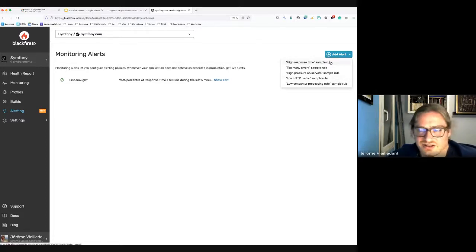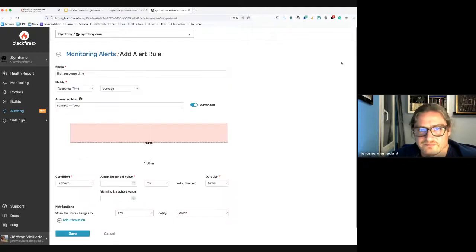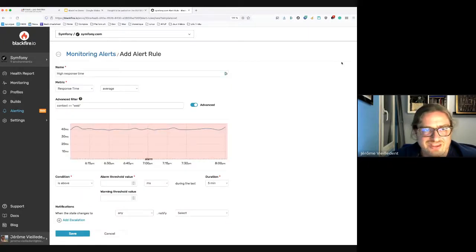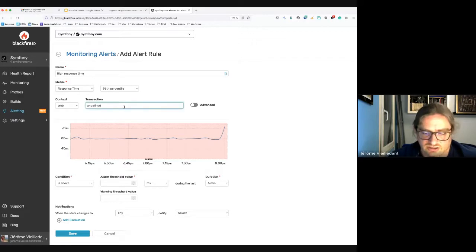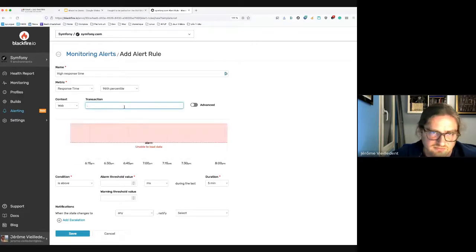Let's take the easiest one, the high response time. So yeah, I'm in advanced filter, but I can just decide about response time, the average or the 95th percentile. I can target a transaction, which doesn't work. Okay.